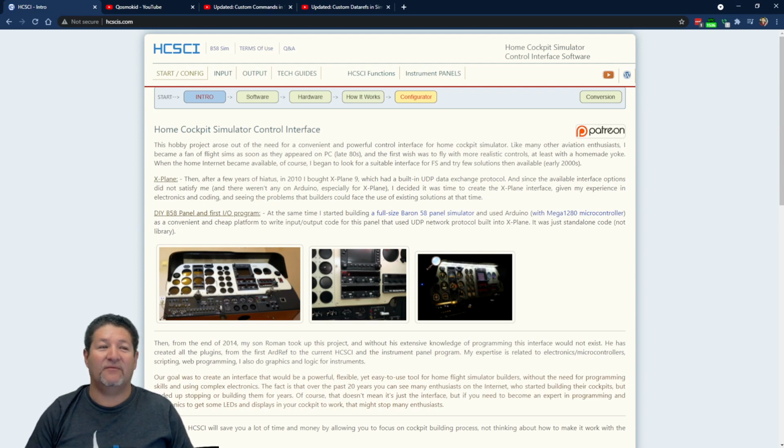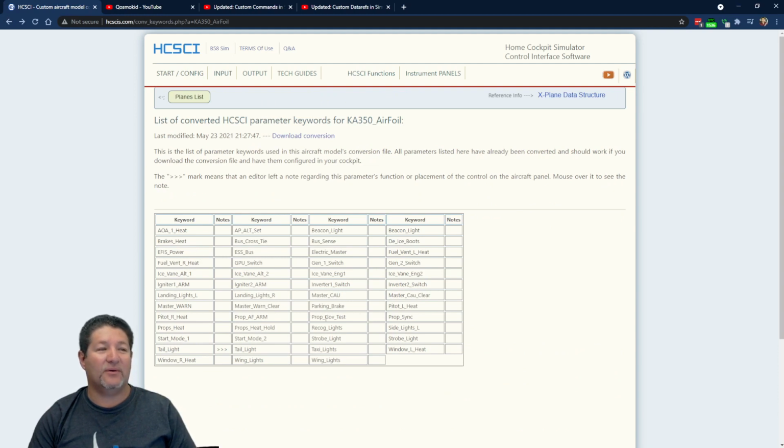And that's it. Then if I have assigned all those buttons and switches with these parameters, they would work with the King Air 350 from Airfoil Labs. That's the beauty of this, is that once other people do the work, anybody can just go in and download them, and boom, everything is working as it should. That is if you use these parameters here for the intended functions. Obviously, if you don't have, let's say, a beacon light switch, then it doesn't matter because it won't do anything. If you don't have that, it just won't use it. But if you do use it, then boom, it's already going to work because somebody already took the time to